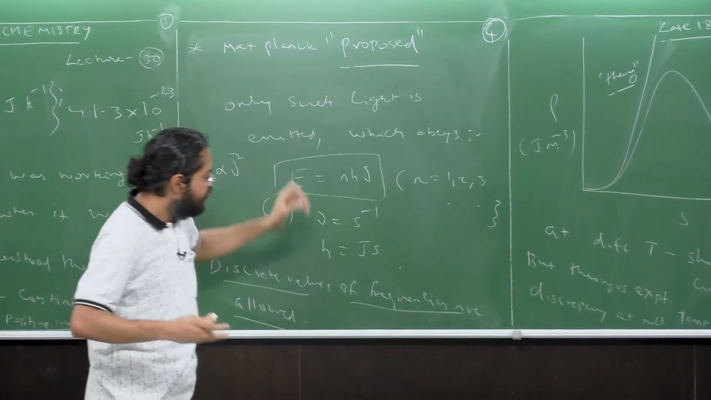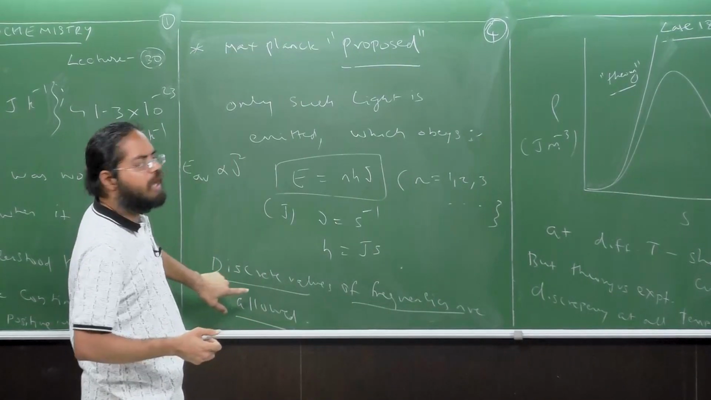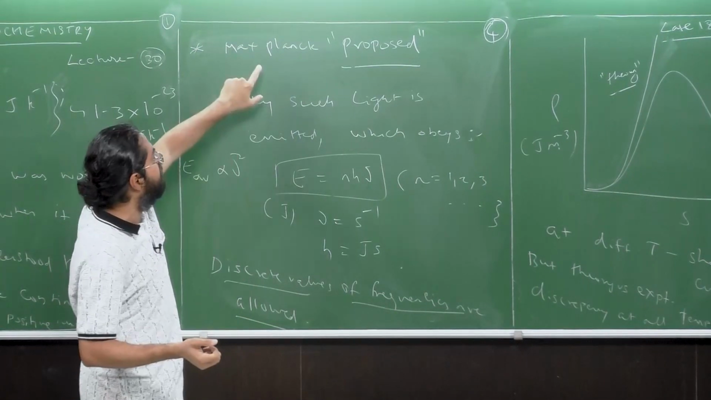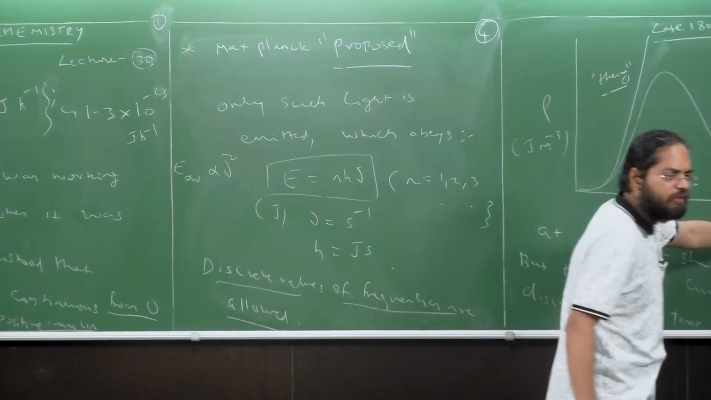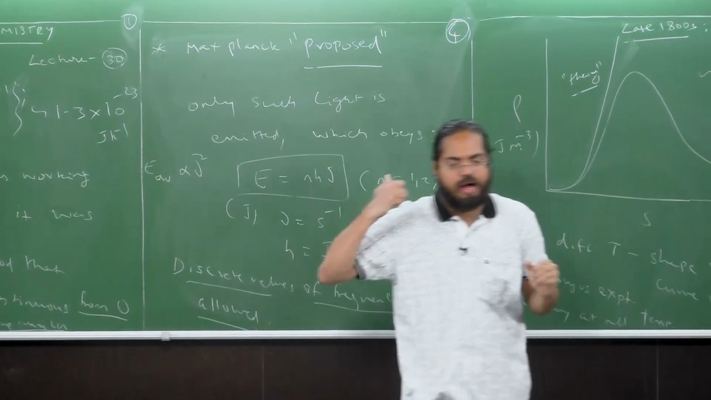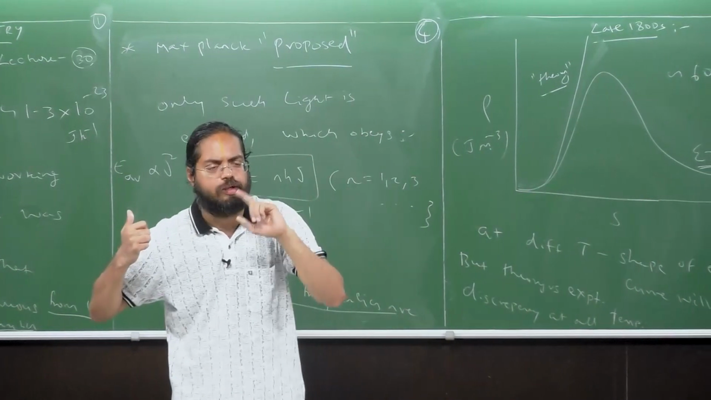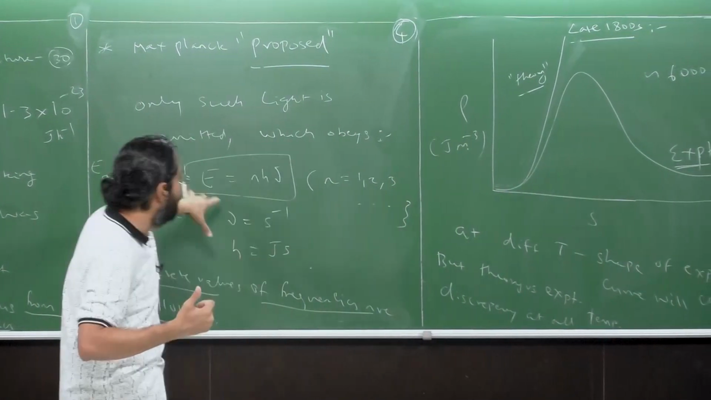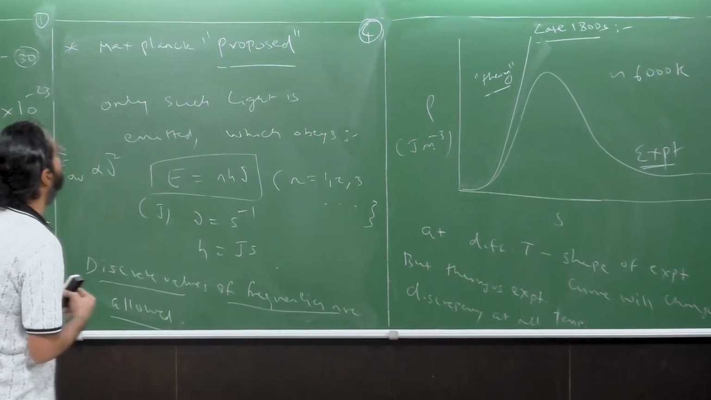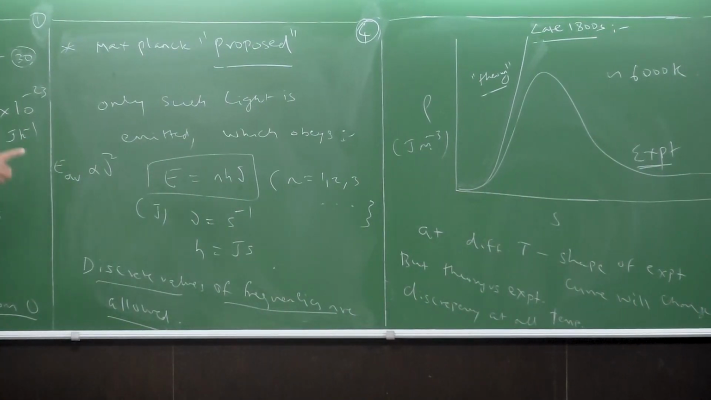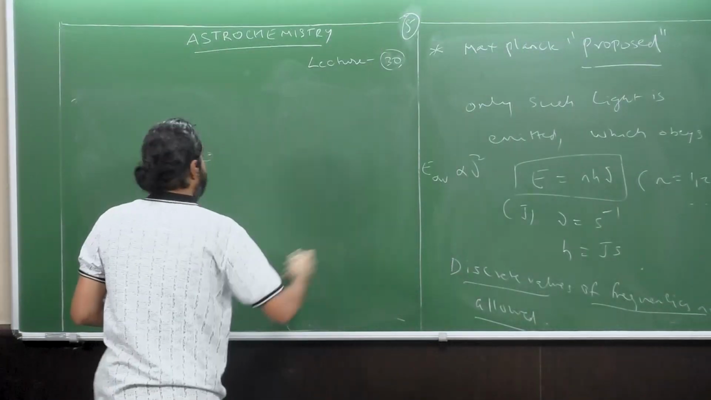In other words, a revolutionary idea was created by Max Planck. He said that the frequency range of light need not be continuous. I can only have discrete values. Now, using this particular idea, I will delete this part, I'll keep the curve. So using this idea,